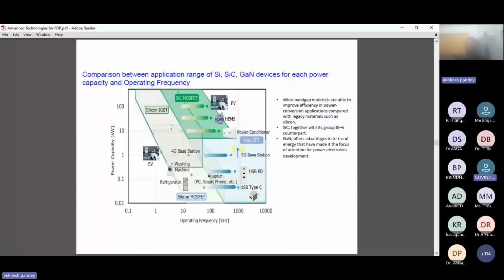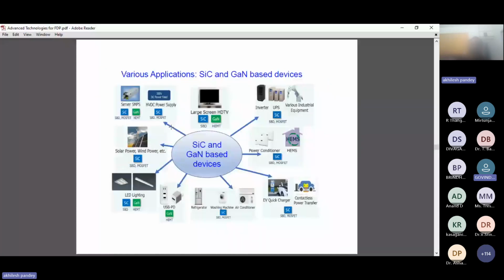such as silicon carbide together with its III-V counterpart. Gallium nitride offers advantages in terms of energy that have made it a focus of attention in power electronics development. Now for the various applications, here you can see that it can be used in SMPS. Here gallium nitride and silicon carbide both can be used, but the silicon carbide is either a Schottky barrier diode or maybe a MOSFET. For HVDC power supply, silicon carbide has been used in large LED screens and large screen HD TVs. For diodes, silicon carbide Schottky barrier diode and gallium nitride HEMT can be used for